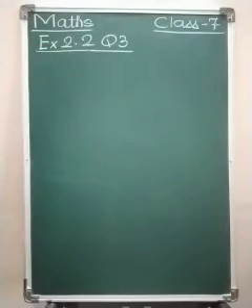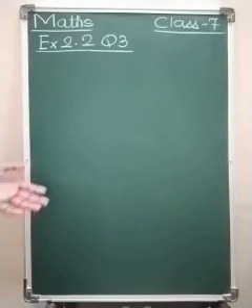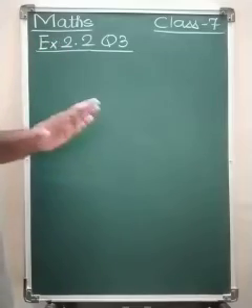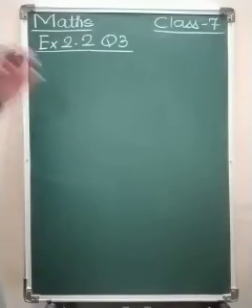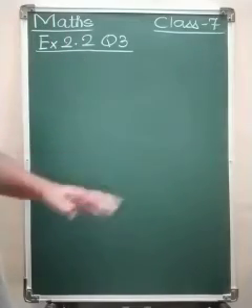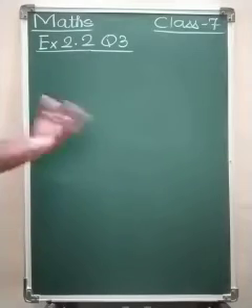Okay, we will start with question number 3. What is the question written there? Multiply and reduce to lowest form and convert into a mixed fraction. Now, multiply and reduce to lowest form. What is the meaning of lowest form? When we solve the question, at that time we will see. And convert to mixed fraction.